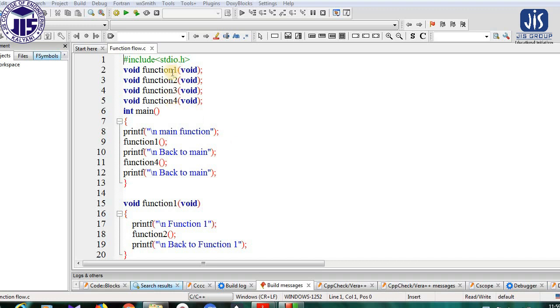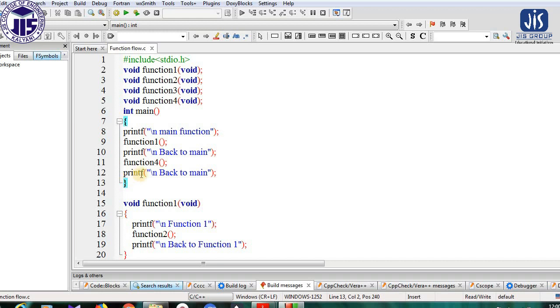So for that purpose I have created different functions like this, function 1, 2, 3 and 4. So 4 functions I have created. This is my main function. Now these functions are user defined functions as we have created them. The compiler always starts compiling the program from main. So wherever the functions are, or however many functions there are, the compiler will always start the program compilation from the main. So this is the beginning of the main and this is the end of the main. The compiler will start the execution here and end the execution here.